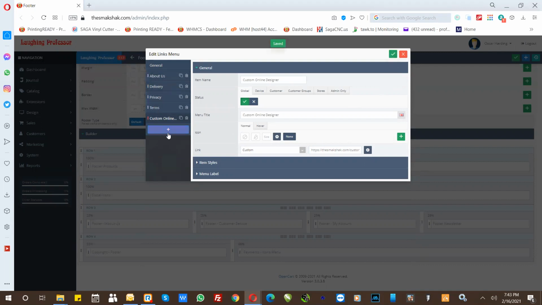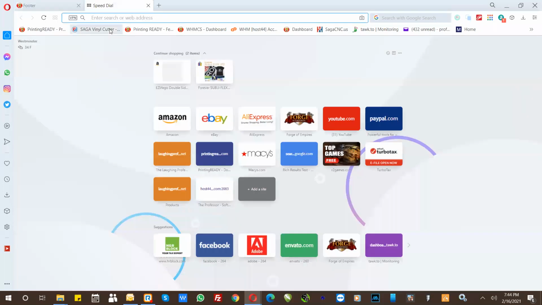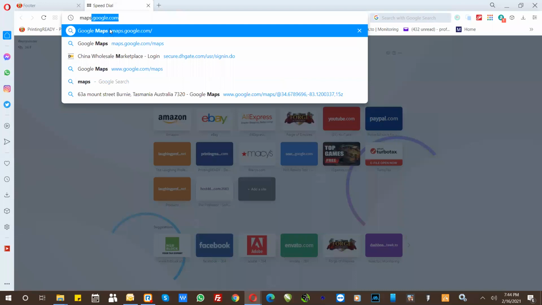You can change all these letters and the wording, the menus, and you can have them pointed. So we can have one go into Google Maps. So we'll select the custom and then type in there the address for Google Maps, which is https://maps.google.com. You can send them to a specific address. Basically, you just go in your browser, go to Google Maps,